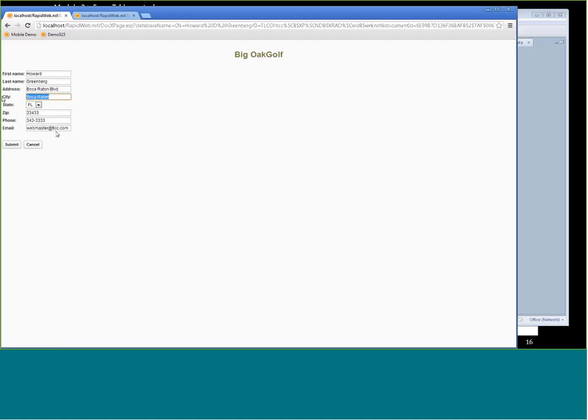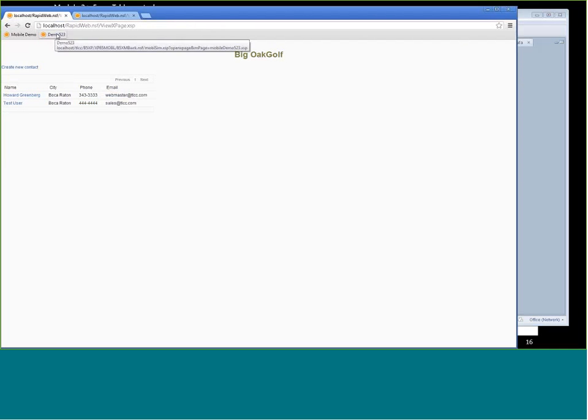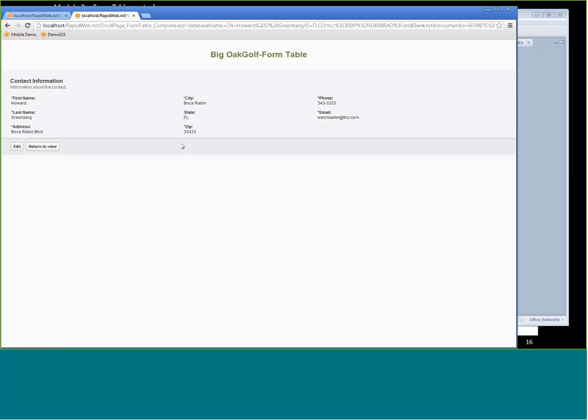And if we have any validation, we can use a display errors control to display that validation message. Now the form table has the same functionality, but as you can see, it looks a lot nicer,